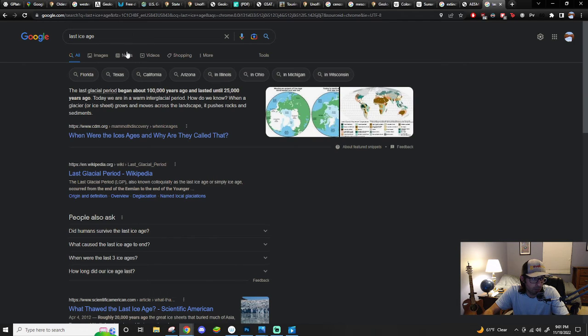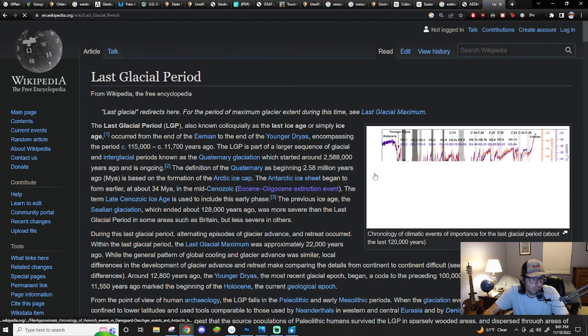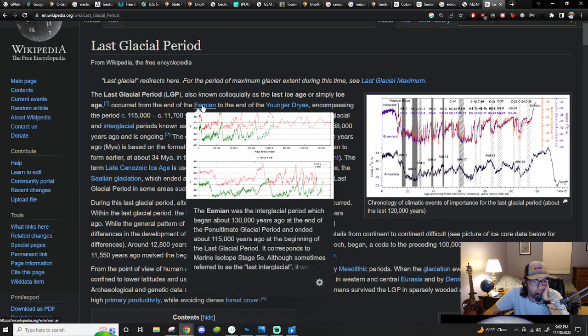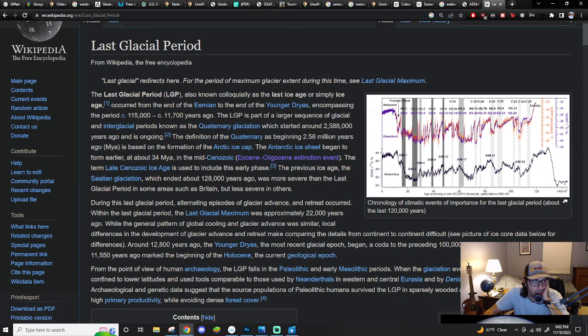I'm not sure if that's based on glacial data. Last glacial period was it? Yeah, like it's at the very end. It's almost like the cooling off process. It just